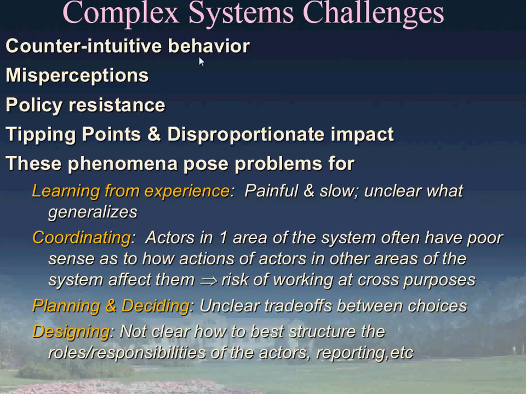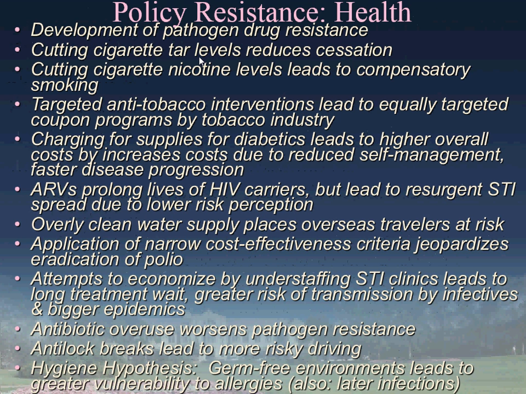And all of these things mean that we have real problems learning from our experience, taking an intervention that's worked well in Kelowna and translating it to Vancouver, taking experience secured in Britain and translating it to the US. We have difficulties in coordinating different actors, maybe different actors in different service networks who may be accidentally working at cross purposes. Difficulty planning and deciding what changes are best, which interventions, and in designing a system that's more robust and more effective, perhaps with appropriate feedbacks. And the health area is just littered with cases of